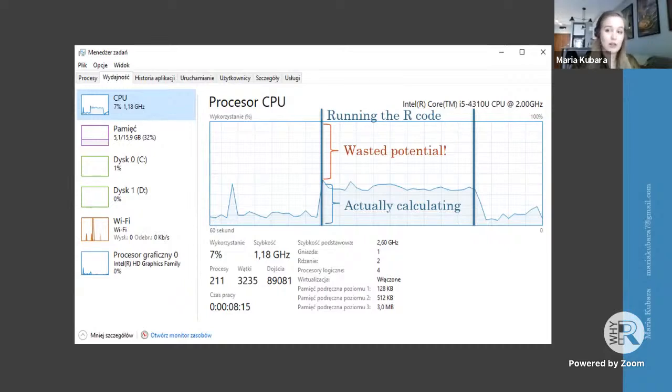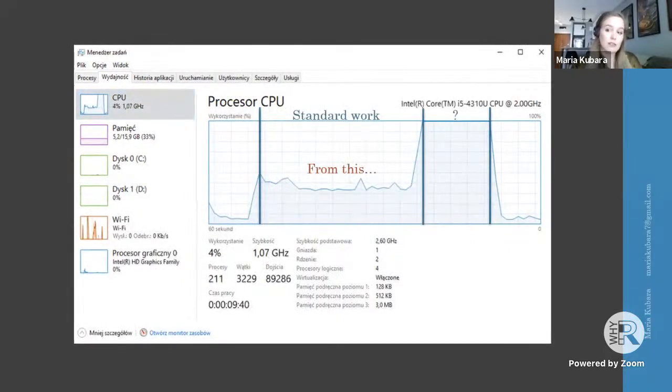So you are wasting a lot of time and resources just waiting for the rest of the code to be executed. So in here, I will show you how to move from this standard workflow to this speed up. This is the same task done with just 3 lines of code more. And as you can see, this uses your resources optimally and shortens the time that you use to calculate things.